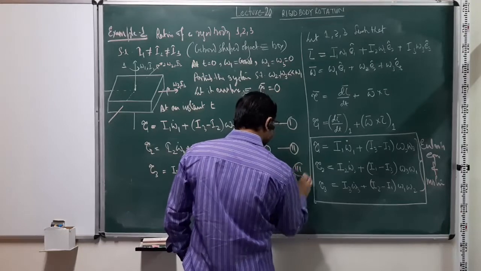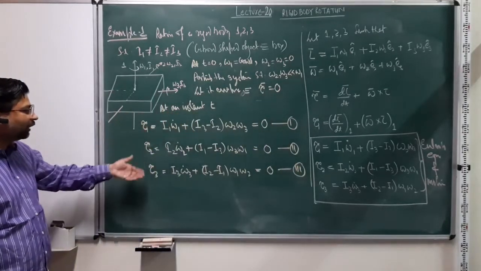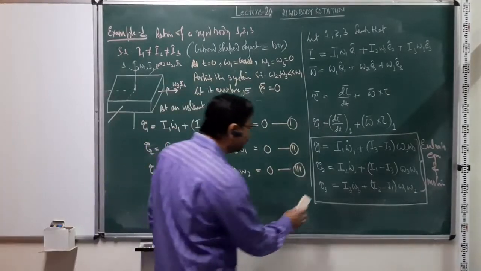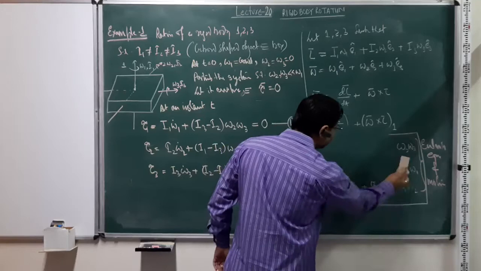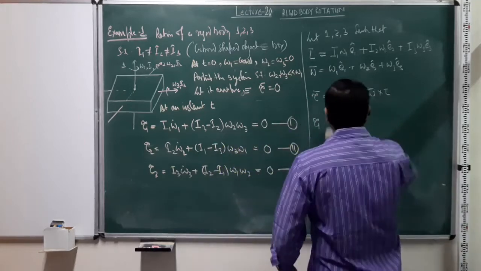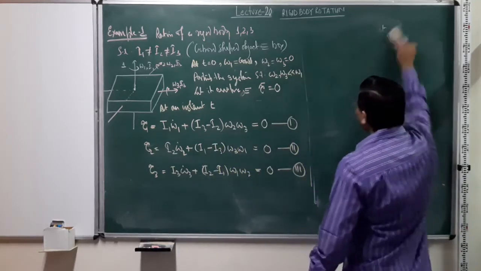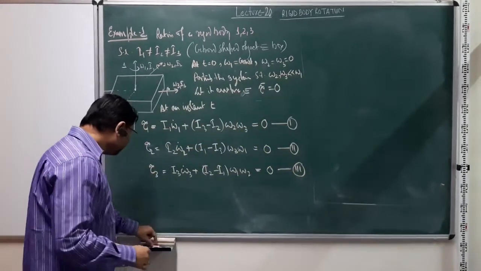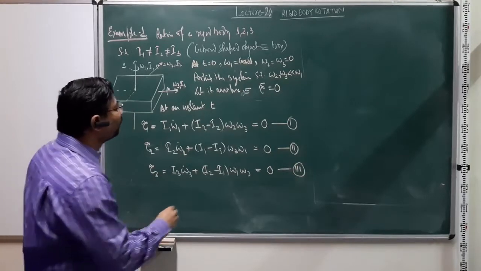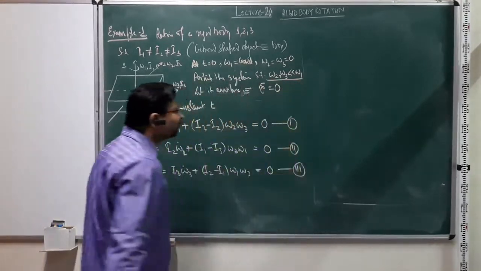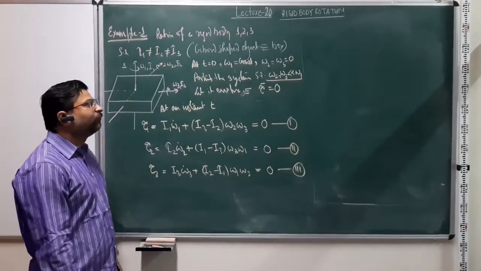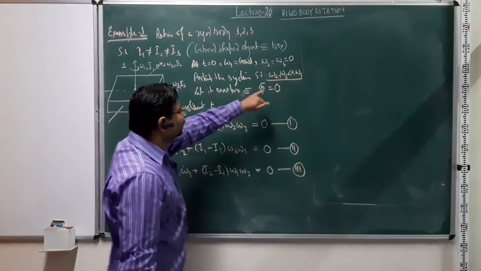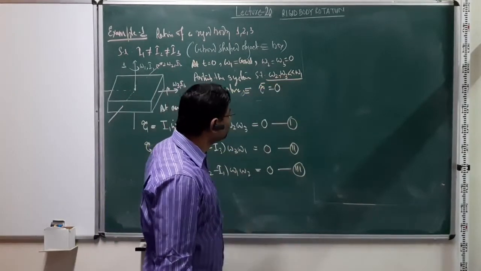So now we have these 3 equations which govern the state of the system at any given instant t, and we have to solve them to find some relationship, so that we can see how the system is evolving, or what is actually happening to the system once we have applied a perturbation. Okay, so you can do that. Now, if you look at these 3 equations, first of all we have said that the effect of the perturbation is to give a very weak rotation about the other 2 axes, 2 and 3, and we define that in terms of omega 2 and omega 3 being much less than omega 1.